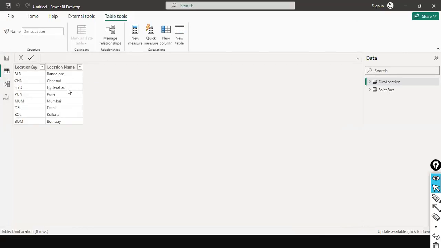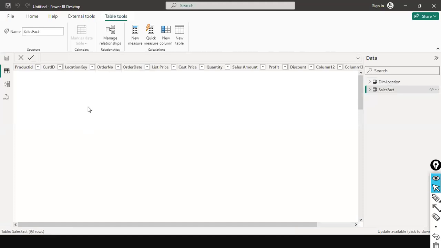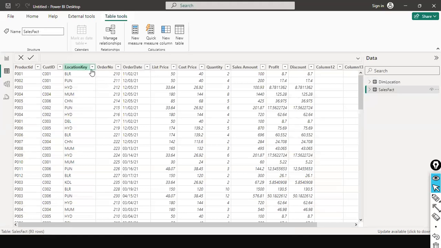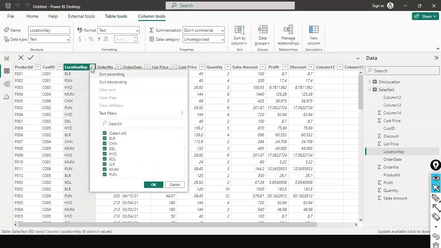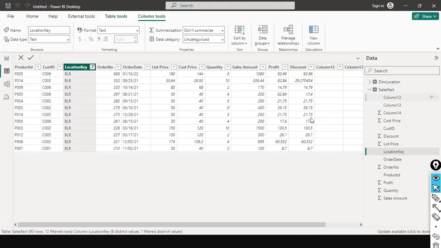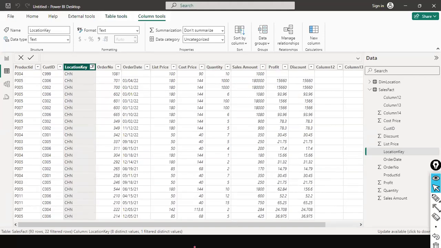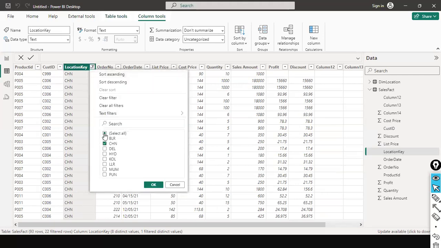For example, if I go here and select the sales fact, what is your location? First record, let's say BLR. The BLR value will be sent here, and it applies this filter automatically behind the scenes. All the BLR records will get grouped and it does the sum on quantity and the sum on sales amount automatically. Once it has the total sales and total quantity for Bangalore, it automatically goes to the next city and does the same thing, the total on the quantity and sales amount,